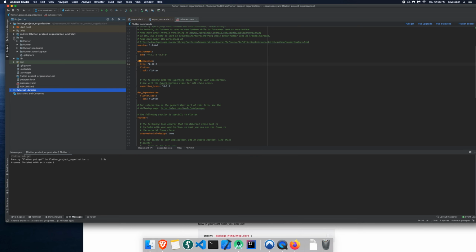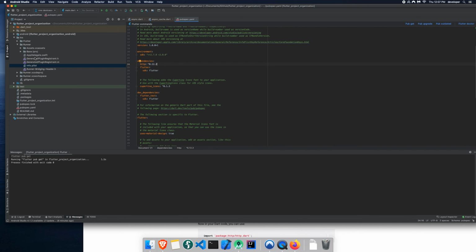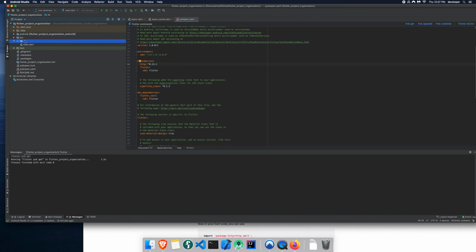If you need to do something specific in regards to adding a particular permission, like for Android camera permissions or audio permissions, then you would have to dig in here and find the right project manifest file to set that. Or in the case of iOS, you'd be looking for the info.plist file to add different keys for, let's say, access to read and write files, permissions, that sort of thing. So very rarely do you go in here, and these are essentially the project files for Android and iOS respectively. But in regards to where you're primarily spending your time, it's going to be inside of your lib folder,